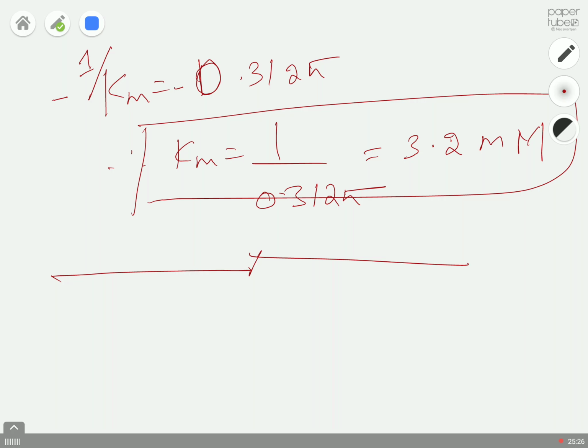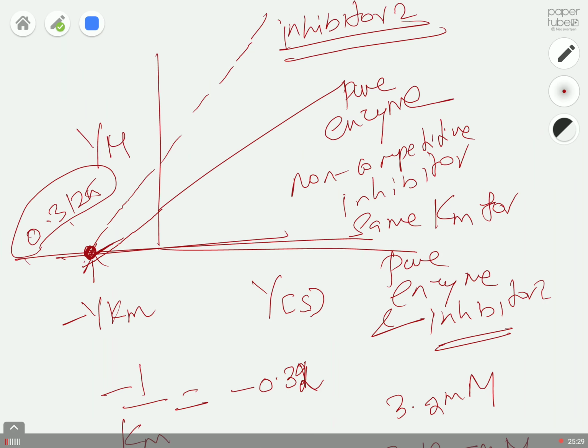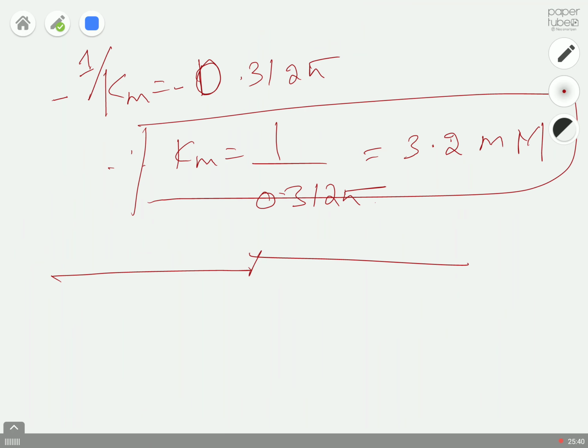No, I think we made a mistake. We should be very careful. You have a common Km value, which means clearly it is a non-competitive inhibitor. So your Km value is correct. For a non-competitive inhibitor, your expression is mu equals mu m multiplied by your substrate concentration S over S plus alpha Km. So if you linearize this one,